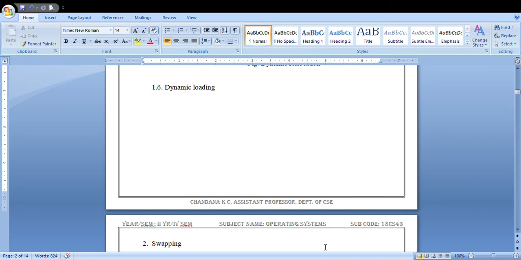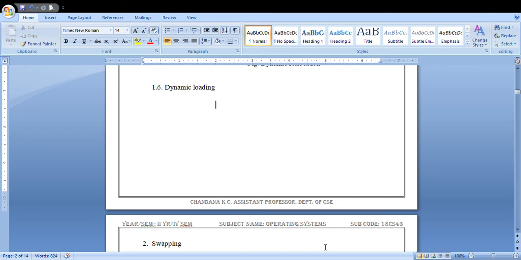Or once memory allocated to one process is deallocated after execution, it won't get reused again. That disadvantage is overcome by dynamic relocation and dynamic loading.